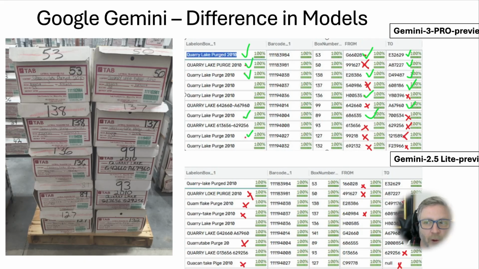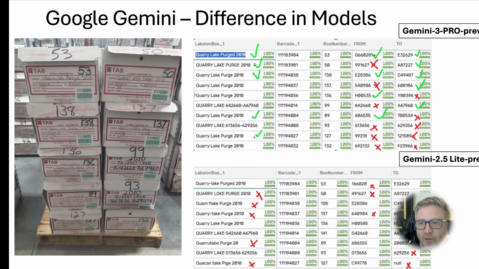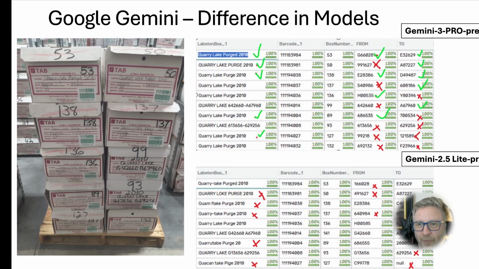Hi everyone, Brent Wessler. Wanted just to do a quick demonstration, a side-by-side comparison of these different LLM models, two applications, specifically the Gemini Pro Preview model and the Gemini 2.5 Lite Preview. What I'm finding is that each model does things a little differently, and as you can see here on the top, it's really hard to kind of compare, but the use case here was simply extracting some metadata from